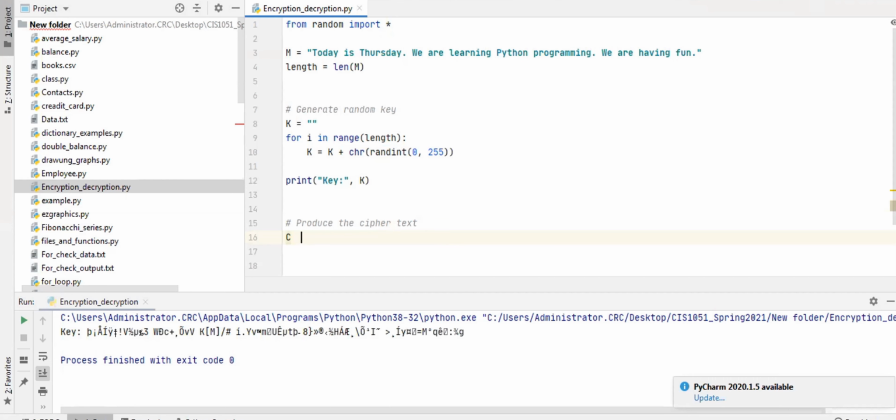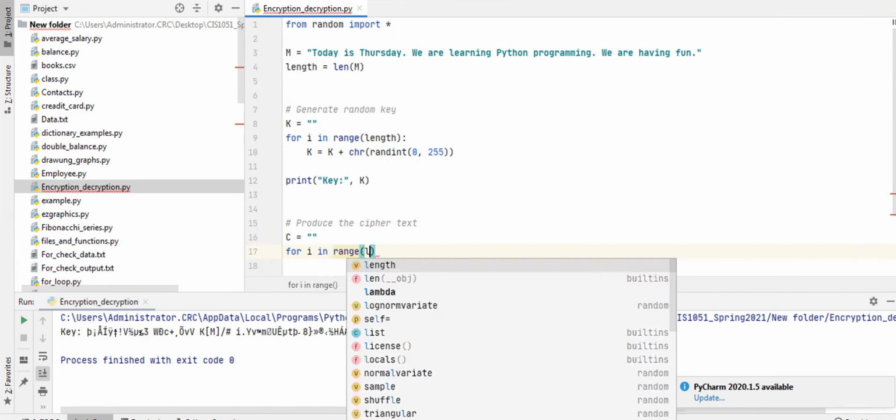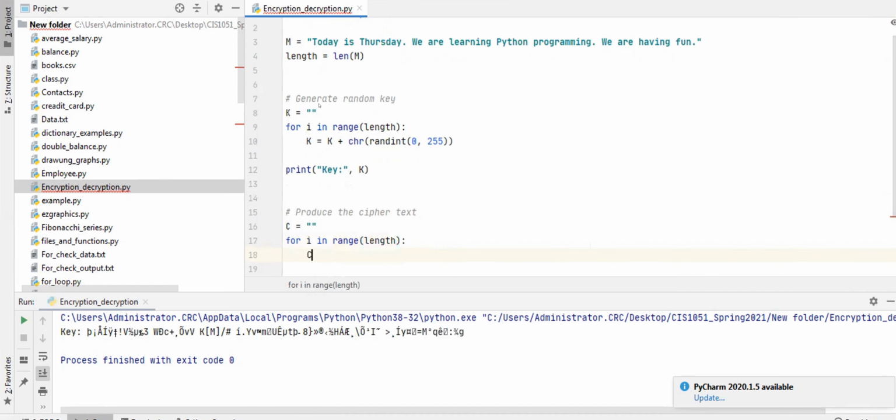Let's initialize an empty string C, and then for each and every character, I'm going to do XOR between the key and the message. So for i in range of length, C equals C plus the message XOR the key.